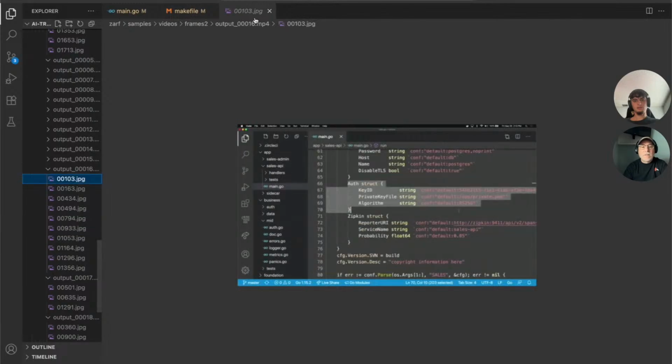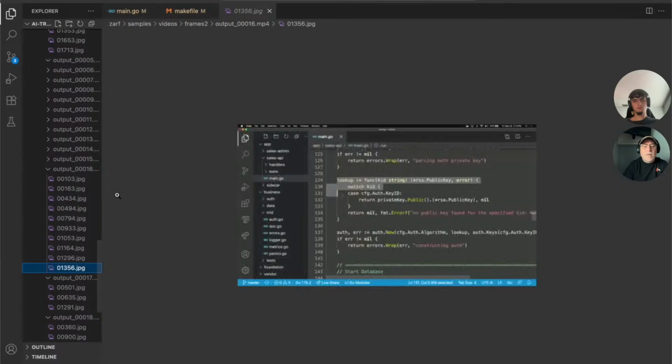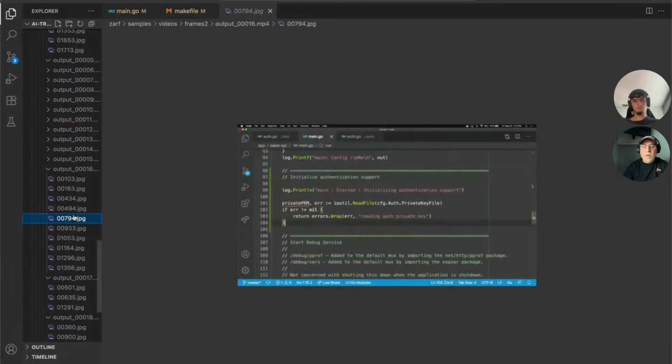Yeah. In that case, yeah. It's like, what's the code we started with? What's the code we ended with? There may be something in the middle, but